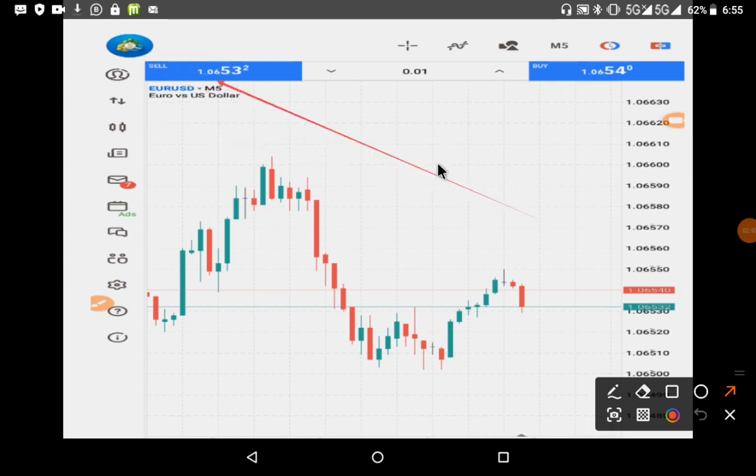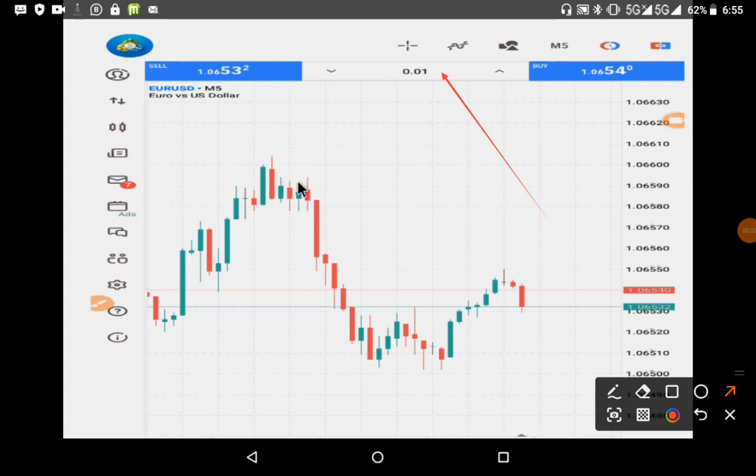You can see sell, you can see buy, and this in the middle is what is known as your lot size. When you set your lot size, the configuration of this chart is